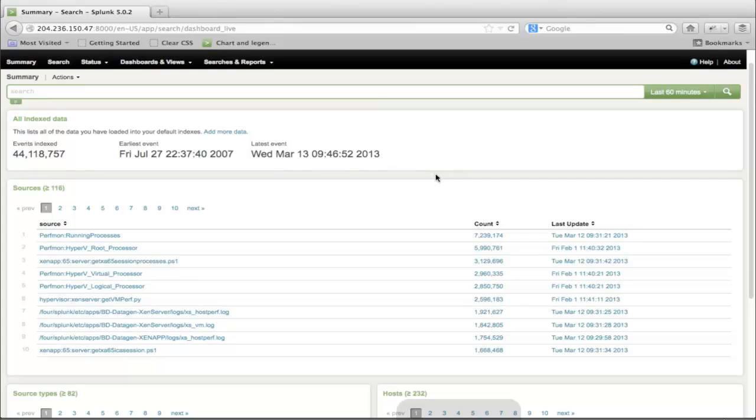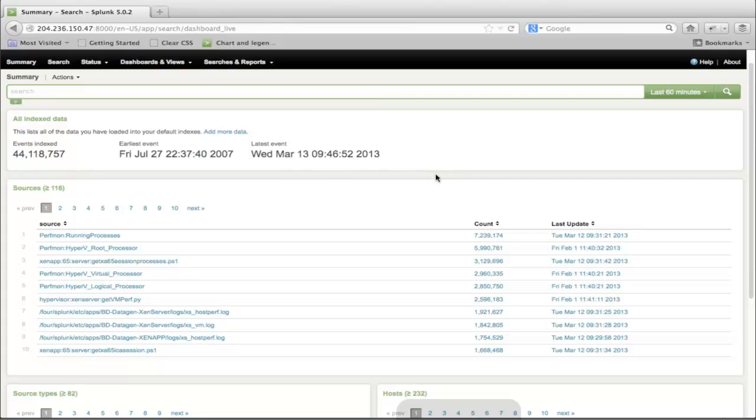And then also, as the data comes in, we never roll up the data. We never aggregate the data. It stays granular for as long as you have disk space to store it. So if you have tons and tons of disk space to store this granular data forever, you can do that. And there are some mechanisms built into Splunk where we can roll off to different classes of storage if you want. That's not a problem either. But that's an important thing to remember: we never change the data. We never roll up the data. So you have the same granularity from the second it comes in to 10 years from now.